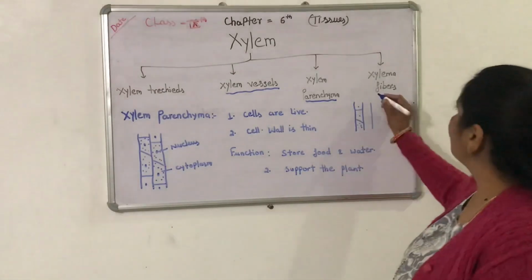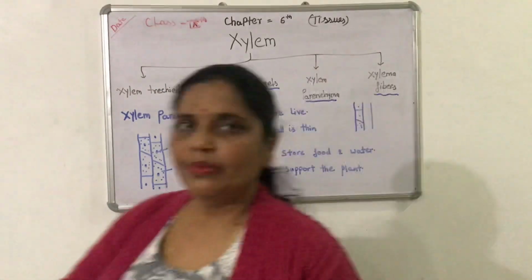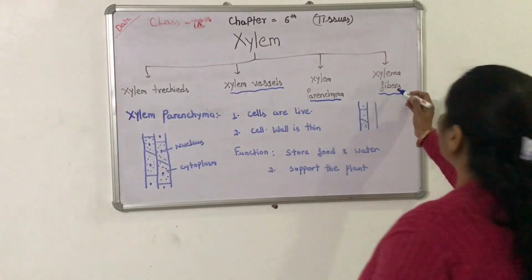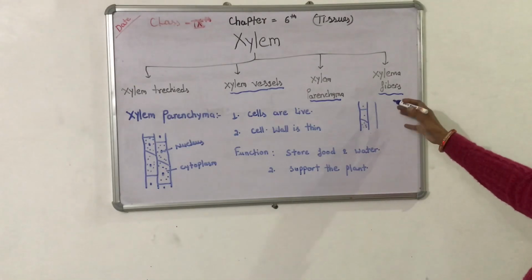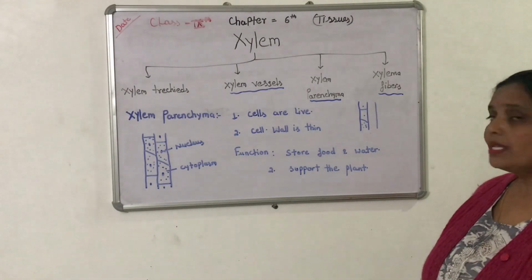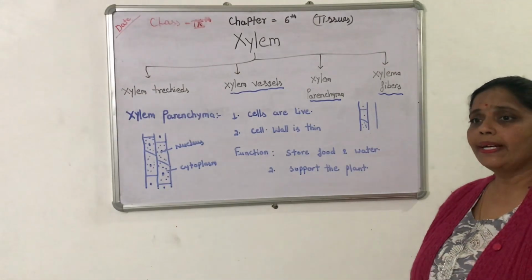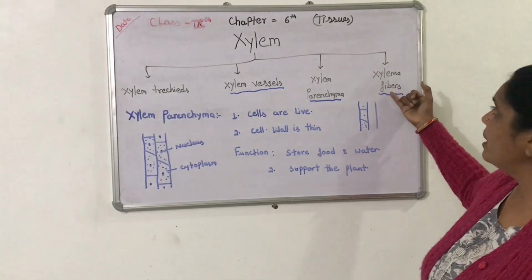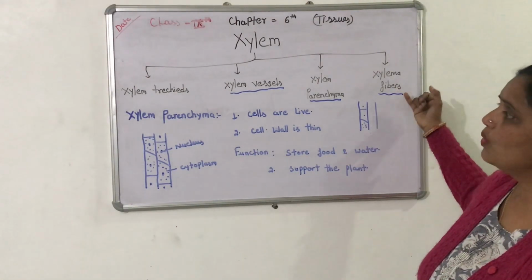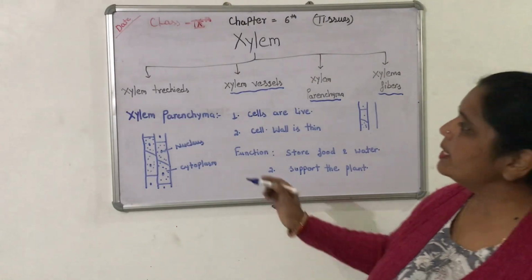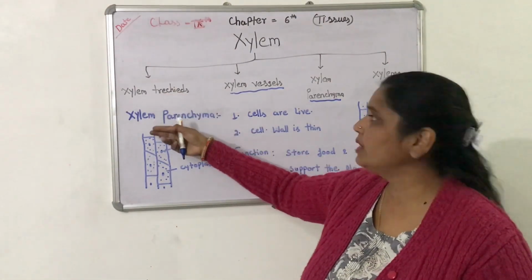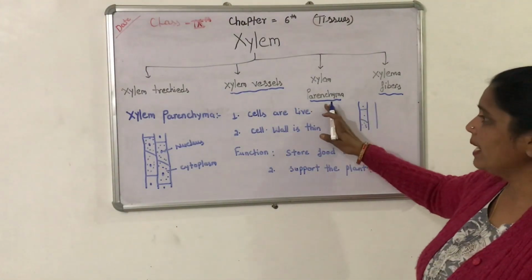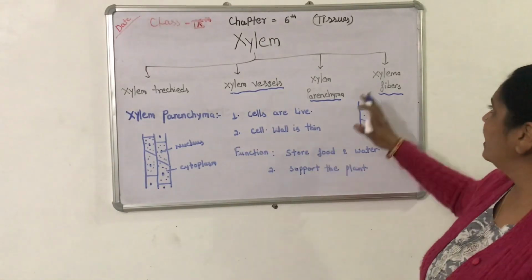Next, let's proceed to xylem fibers. Xylem fibers are dead cells and they provide strength to the plant, and they also conduct water and minerals. So now you have understood xylem tracheids, structure and function, xylem vessels, structure and function, xylem parenchyma, structure and function, and xylem fibers,